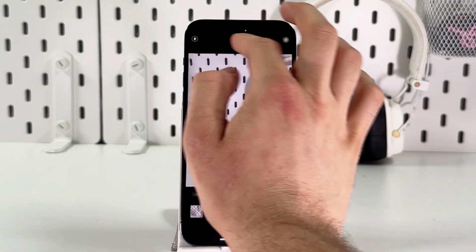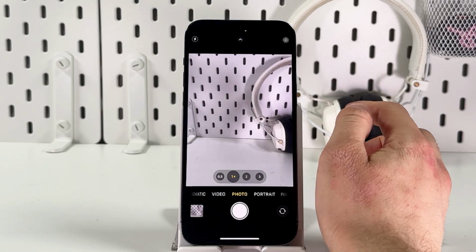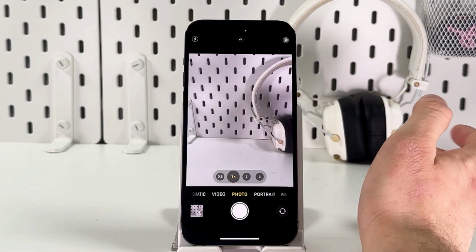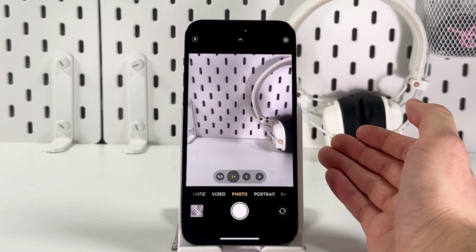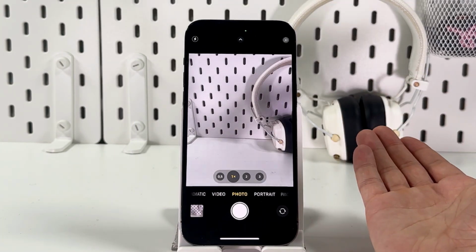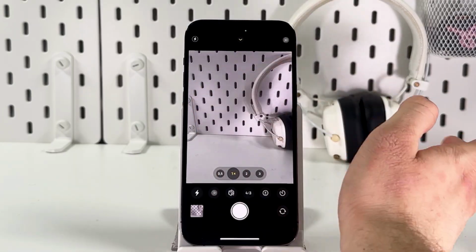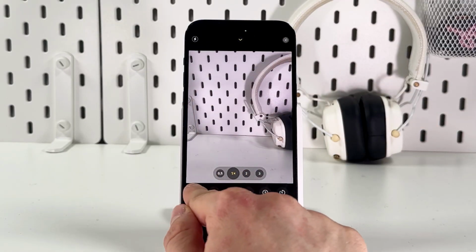So now look at the top right corner. And here is your flash. You can choose between flash off and flash on. However, this activates only our auto flash mode. For further settings, tap on this arrow icon on the top of your screen, find your flash icon, and here